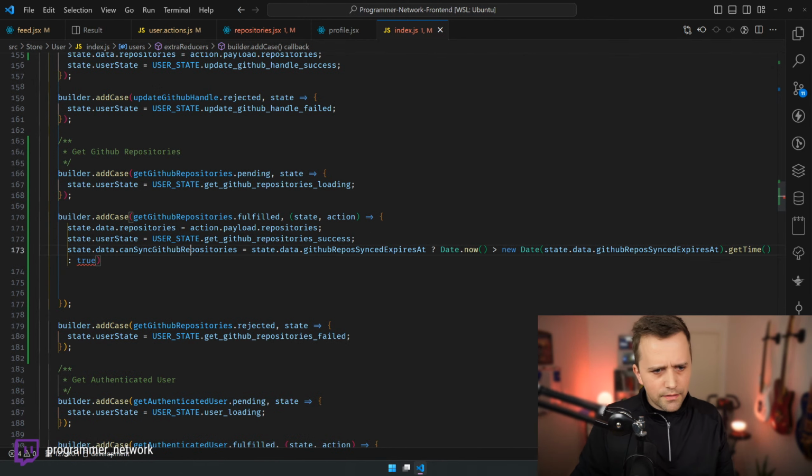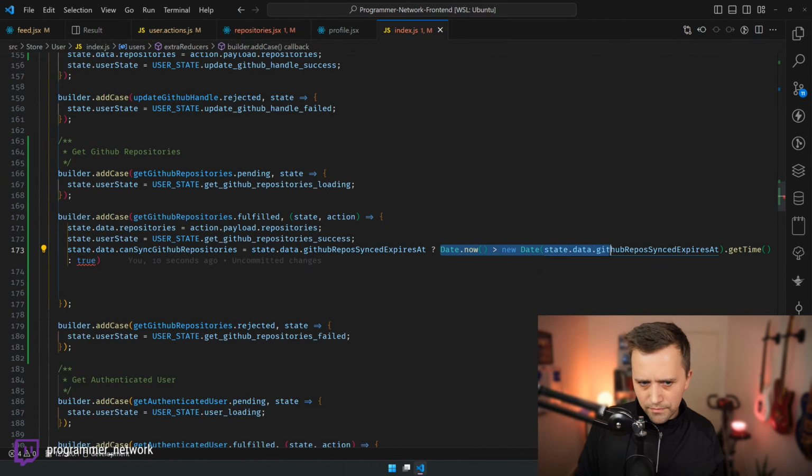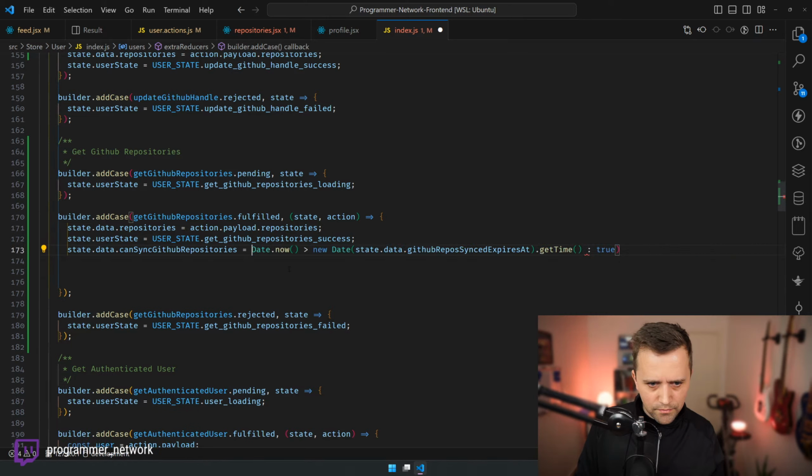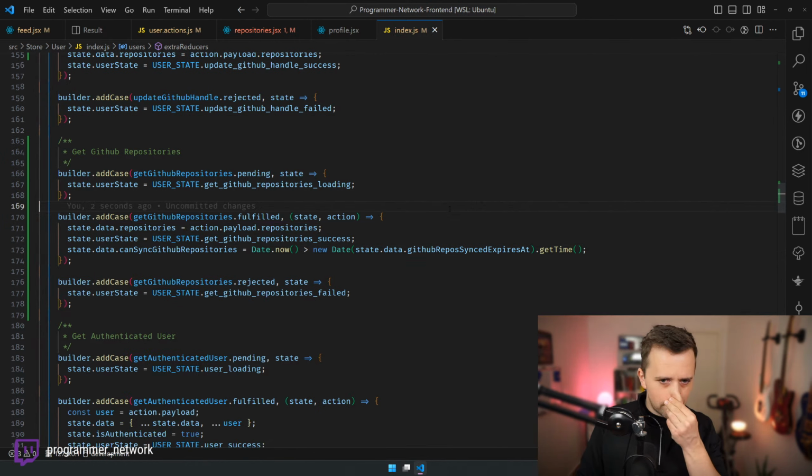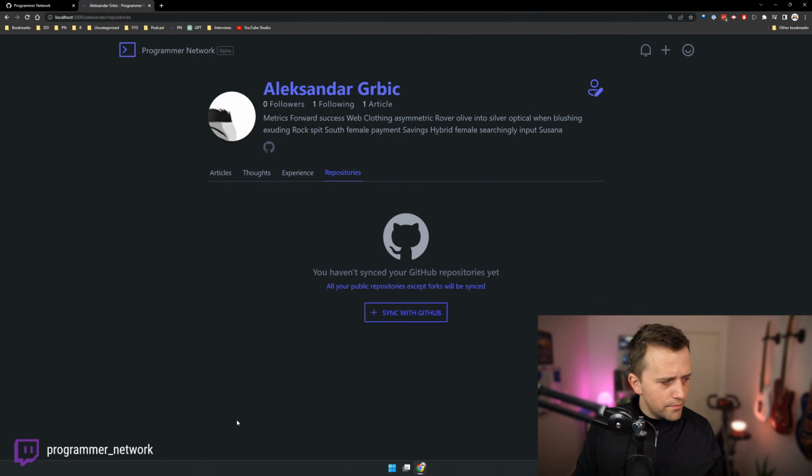So state.data can sync GitHub repositories. Is state.data GitHub repository sync that? This might throw an error though, right?